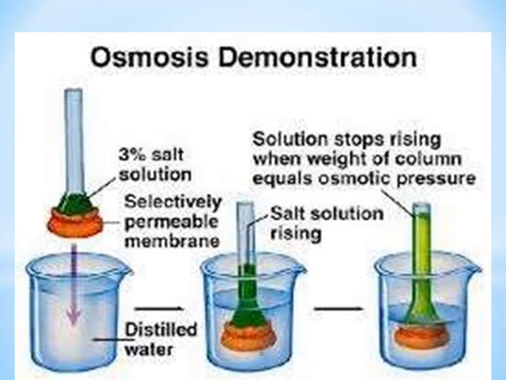The process is explained by taking a 3% salt solution in a beaker containing water. In this experiment, the inverted funnel is packed using a selectively permeable membrane, which is shown by orange color, and it contains a 3% salt solution. When it is kept for some time interval, it is observed that the process of osmosis occurs, which is shown by the increase of a green color solution in the inverted funnel.